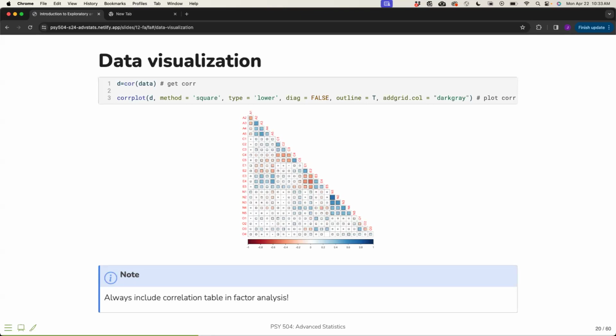What items correlate highly with one another here? Yeah, so the neuroticism items, what do they correlate highly with? Other neuroticism items. Yeah, other neuroticism items. What do the agreeableness items correlate highly with? Themselves and extroversion. Yeah, so what I want you to see is